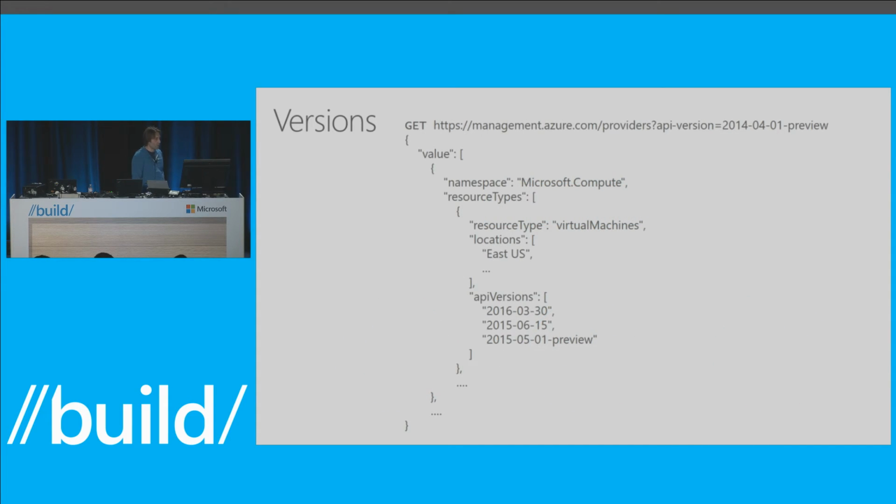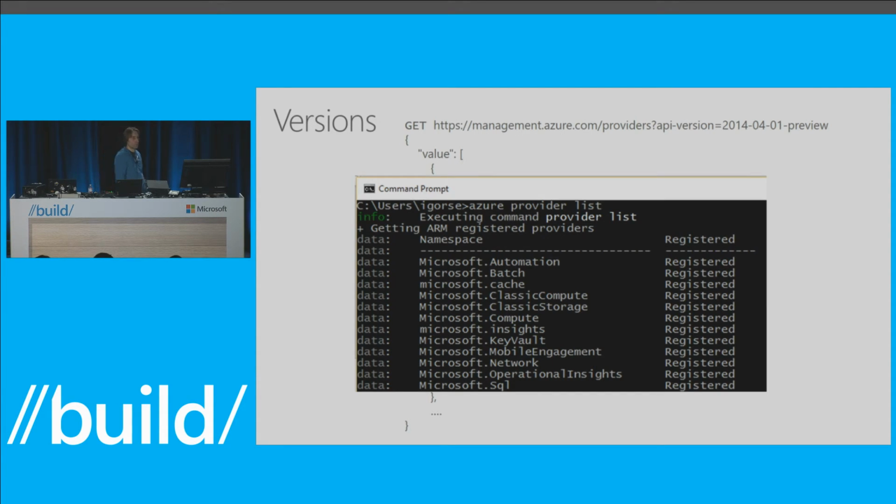So what do you do? Basically the first thing is the Azure Resource Manager tells you what versions are there. So if you're developing a dynamic application, we actually tell you what versions are in this cloud. As a scripter, you can access this and act on things like, tell me what providers, what services are enabled in this cloud in that script. And you can develop dynamic scripts that say, well, if I don't have website, then I shouldn't be deploying it here, and so on. So basically, we give you this information so you can build dynamically adjustable automations.